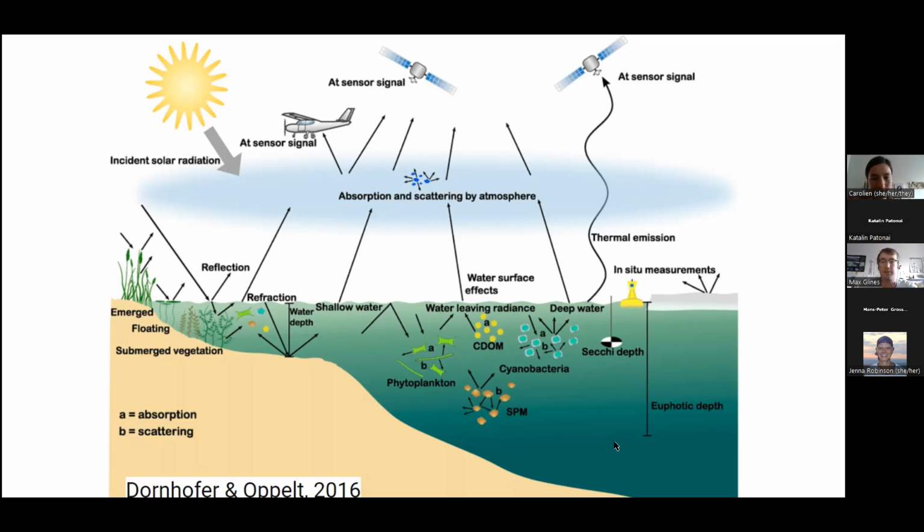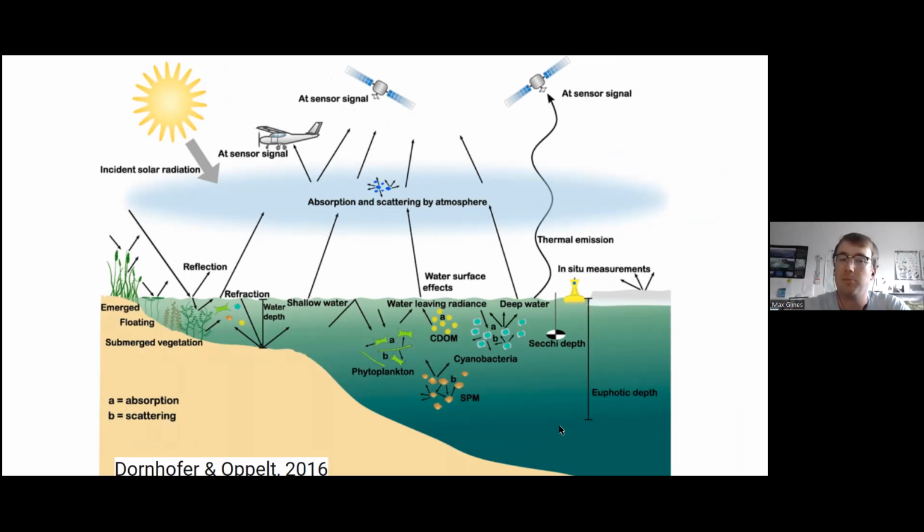In addition to the atmosphere, you might see that there's some sun glint off the surface of your lake. And if it's a shallow lake, you could even be picking up reflectance from the bottom of the lake and submerged vegetation. Ideally, though, you'll only be picking up reflectance after you've gone through this atmospheric correction process. You'll be picking up reflectance from the water itself and from anything in the water, such as chlorophyll, dissolved organic matter, or